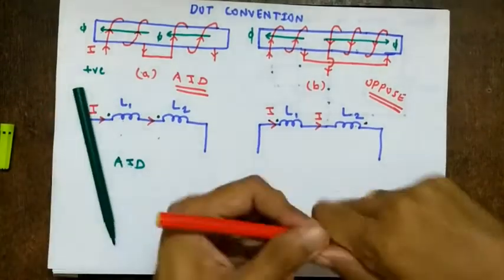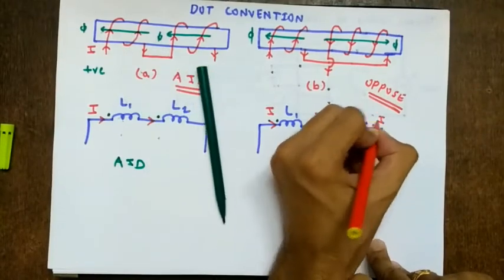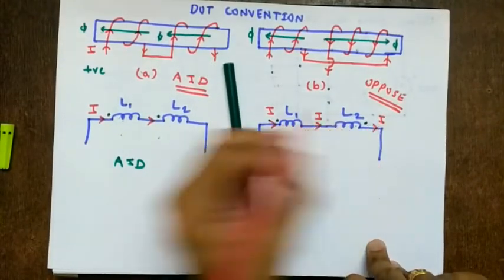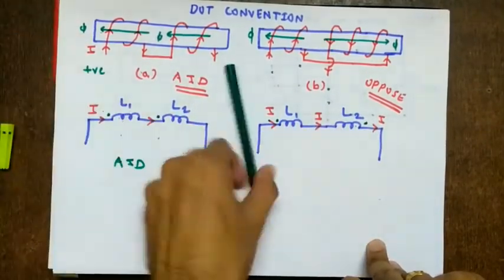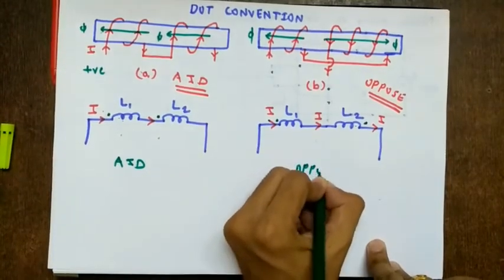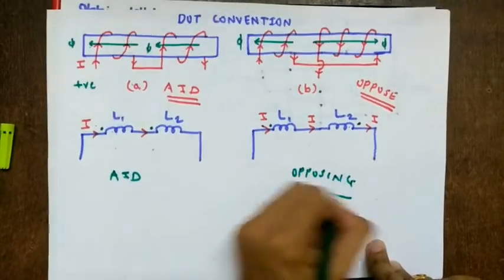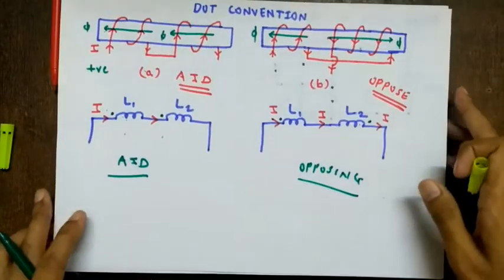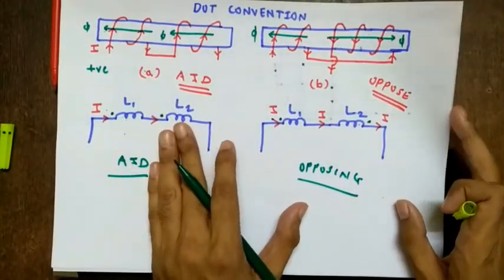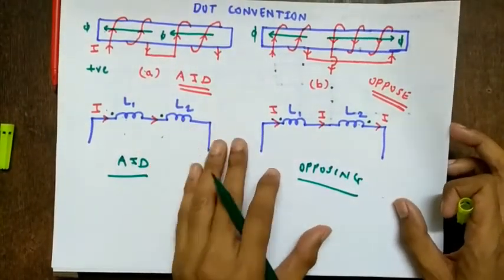So if I show this current, how is it? It is leaving the inductor here. So here it is entering, here it is leaving, here it is entering, here it is entering. So this is what this indicates: opposing. I hope you are understanding, right? So this is the way we do this. Okay. So next, let's use some